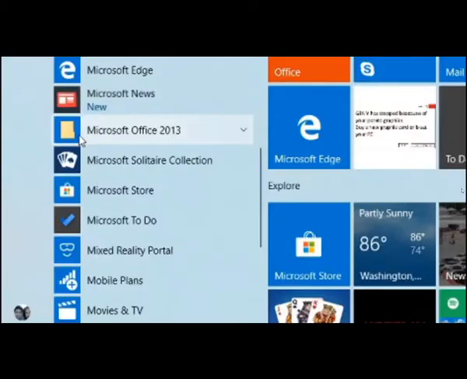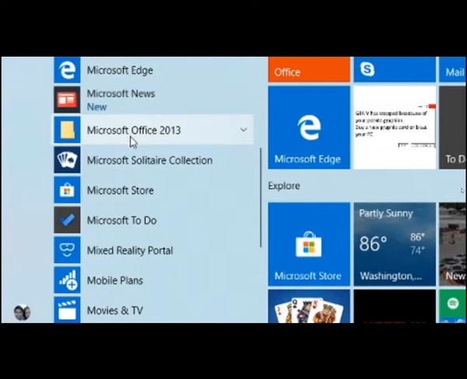Children, MS Office Suite is a package which consists of many different types of application software for different purposes. Take for example, if you want to create a presentation, you will click on PowerPoint and make the slides and use it for yourself.